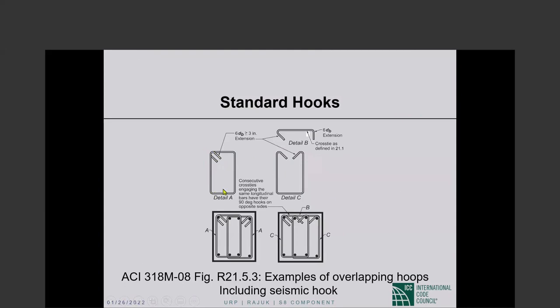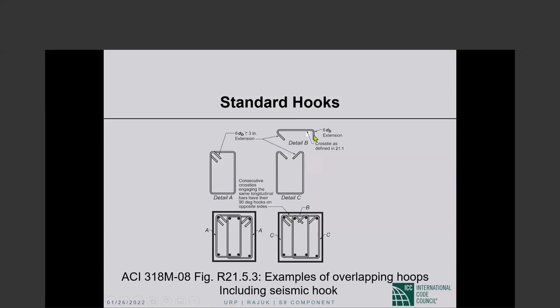But this is difficult to fabricate and difficult to place. So ACI allows two-piece hoops. Hoop again is a closed piece of transverse reinforcement. So we are allowed two-piece hoops, a U stirrup with 135 with seismic hook at each end, and this is